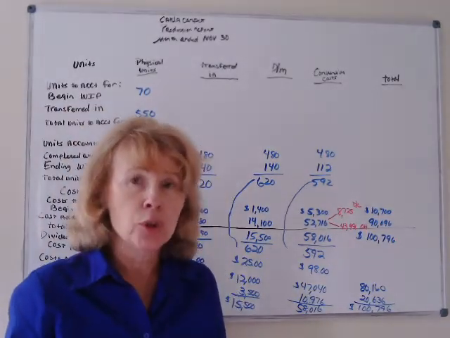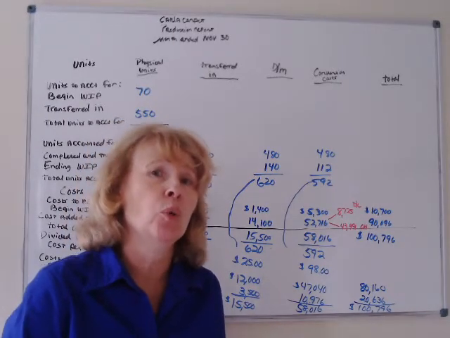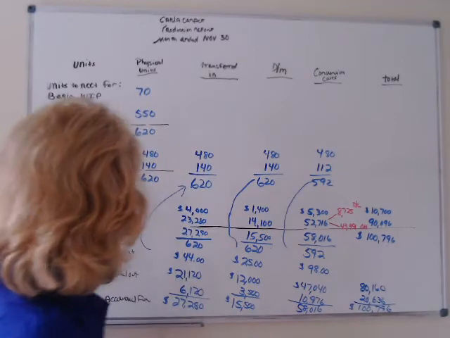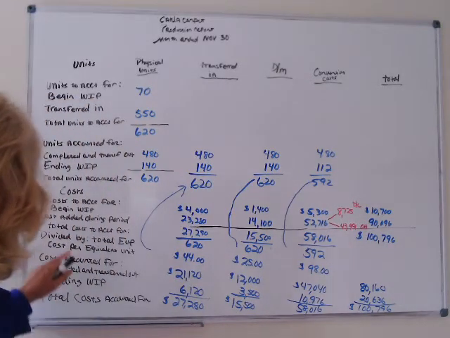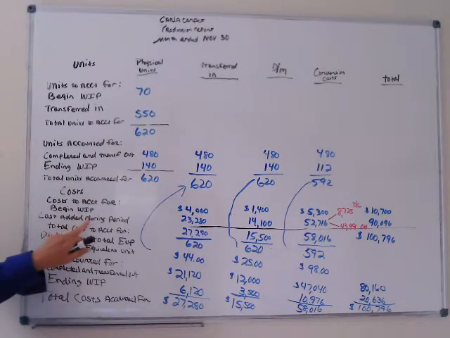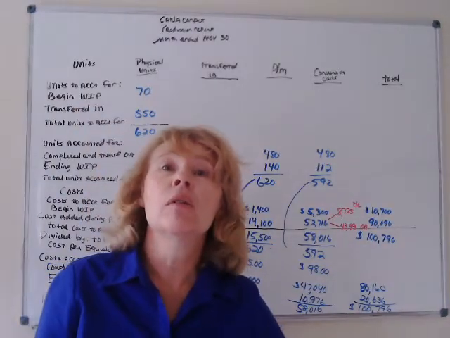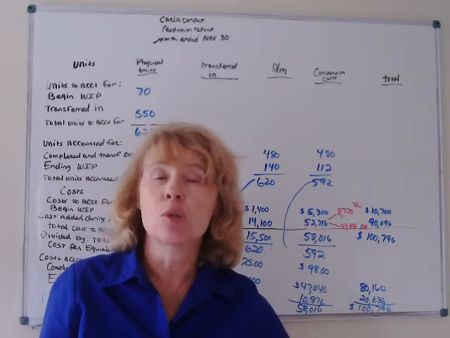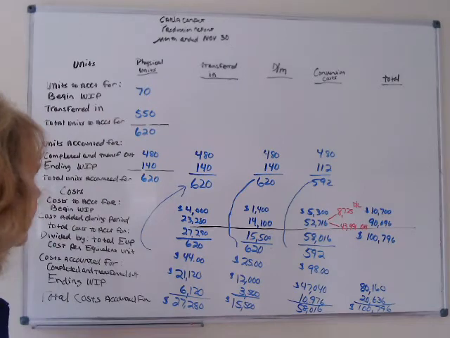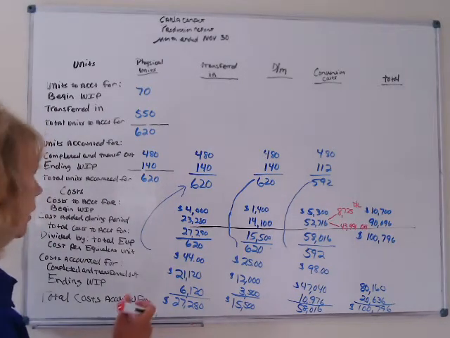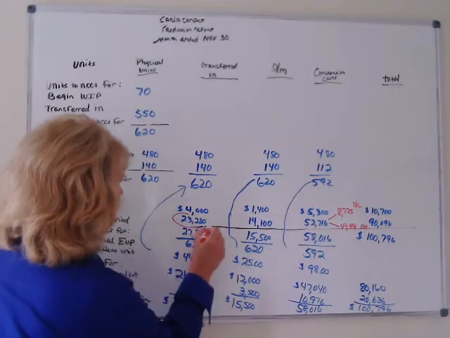Now we're going to do journal entries for that production report. So let me circle to you where we're going to do journal entries for. We're only going to do journal entries for the cost added during the period. Why? Because the other entries were already done in prior periods. So we only want the cost added during this period. So we're going to make a journal entry for 23,280,